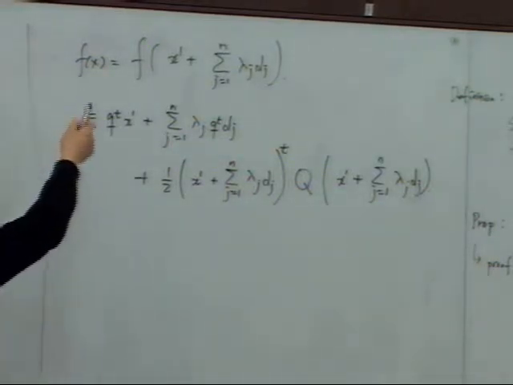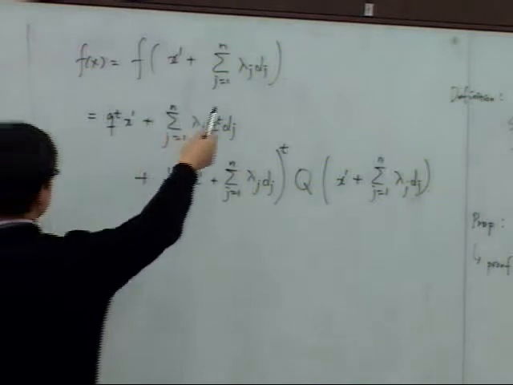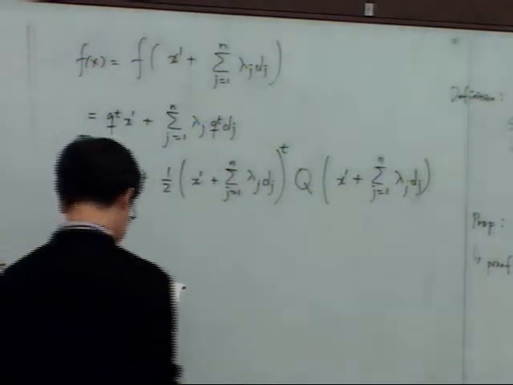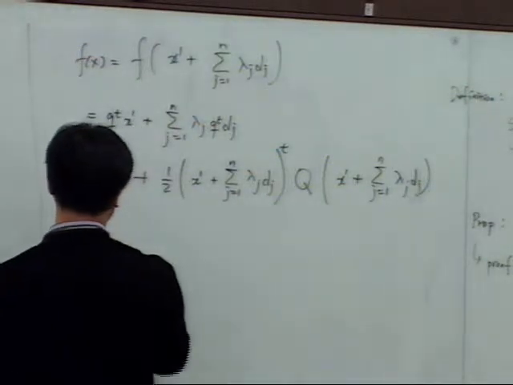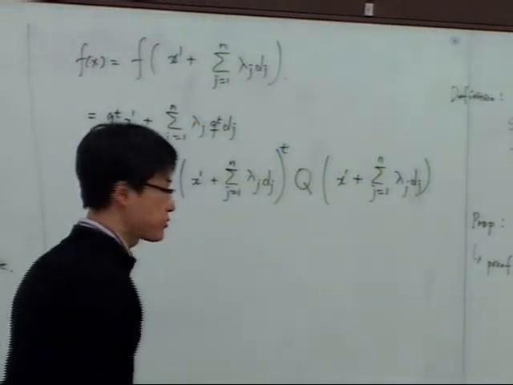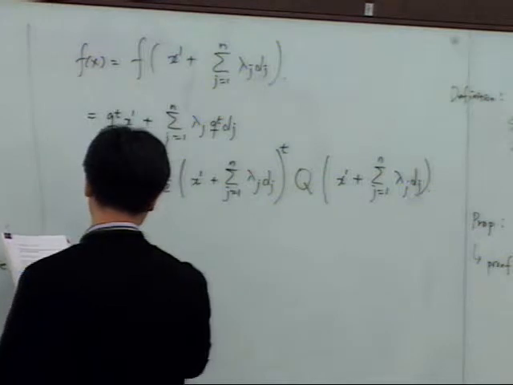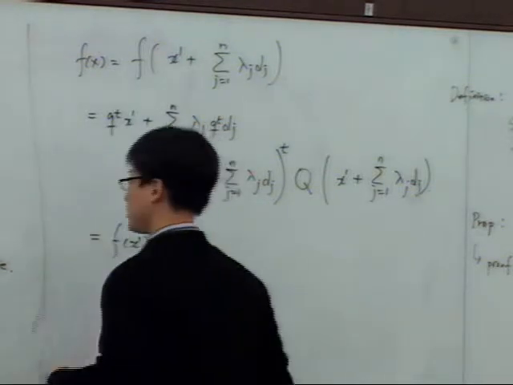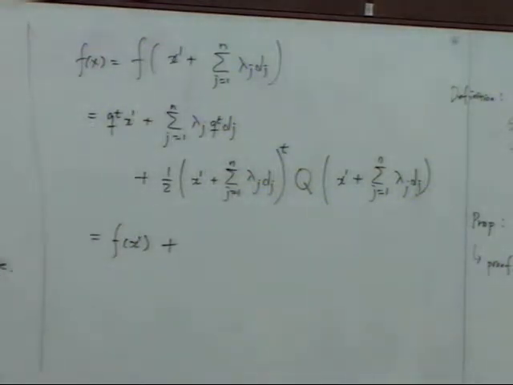You just plug this x1 plus summation lambda j d_j into this function. And if you do the evaluation once more, since we know this is the gradient form,